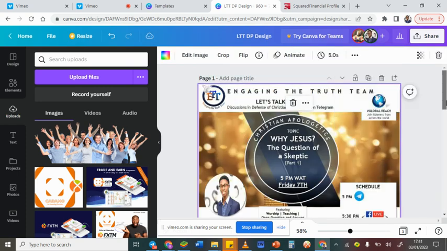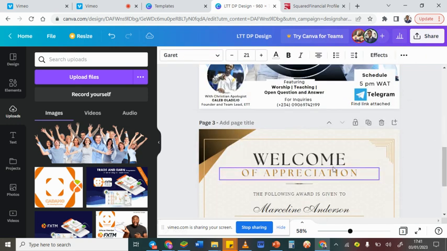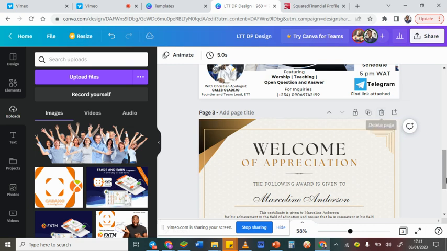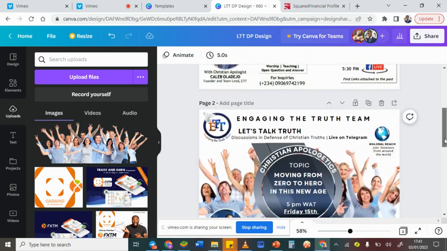This is page 1, all right? This is a page, this is another page, right? This is another page, and all. So once you see it has more than one page, you have to know the page that you want